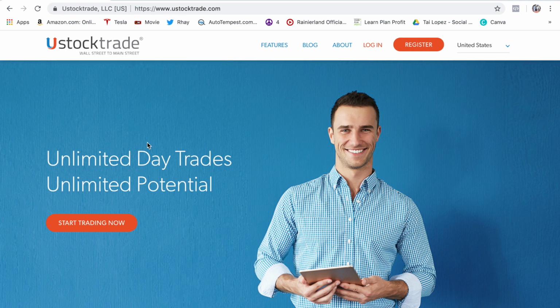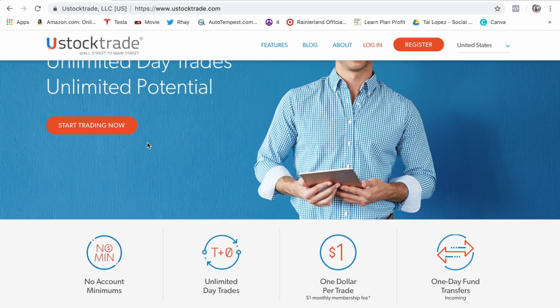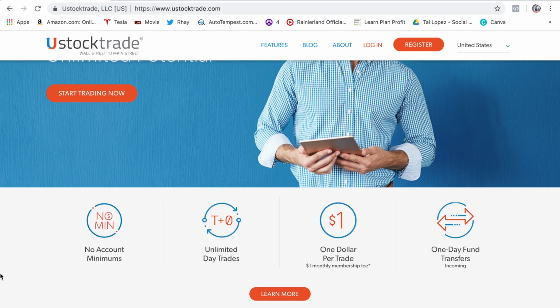And how does it do that? Well, Ustock is a peer-to-peer broker where you can day trade as much as you want. However, it's not like your regular broker. Peer-to-peer brokers are brokers where you can day trade as much as you want, because you're basically selling shares to, I believe, other Ustock customers. So as you might know, the liquidity isn't really good. You might see what they call limited liquidity in some of these lower cap stocks.